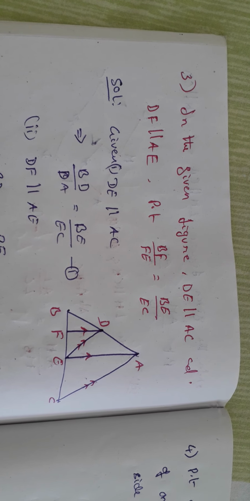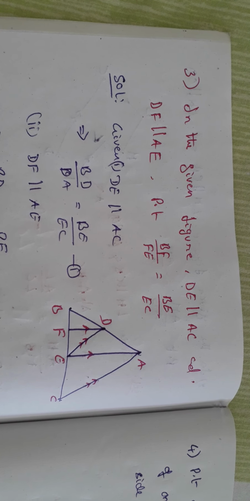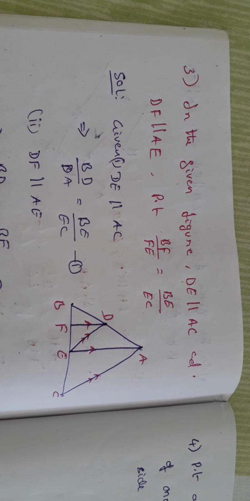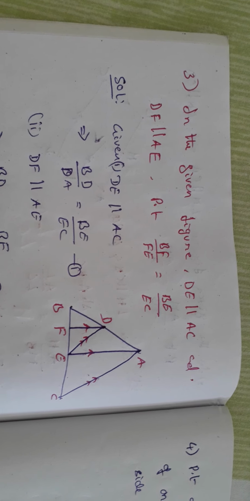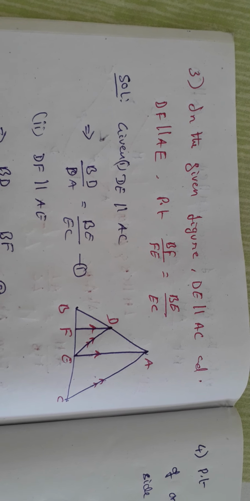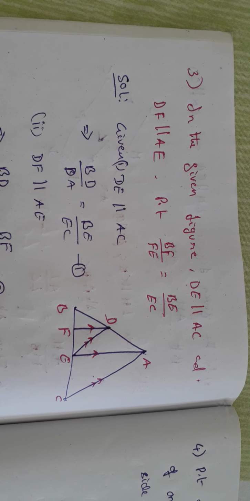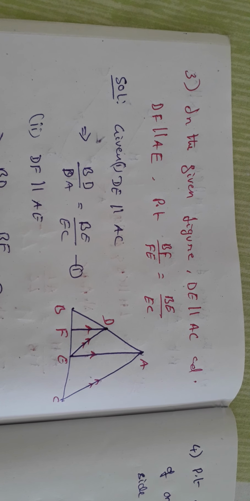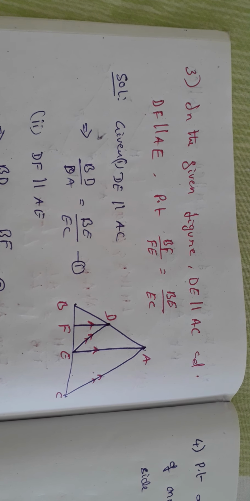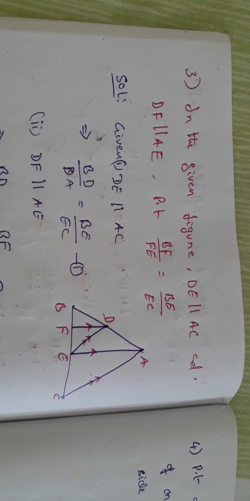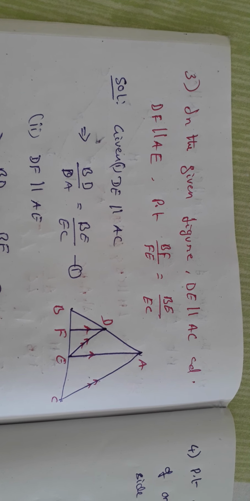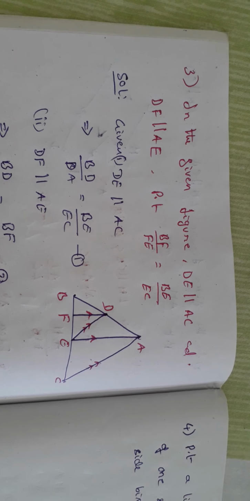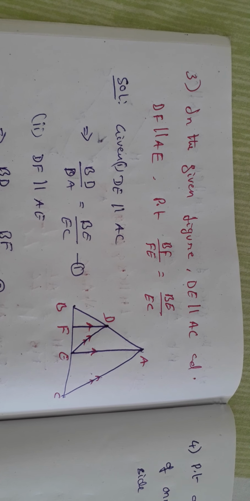In the given figure, DE is parallel to AC. Please look at the figure carefully. It is given already, therefore I have put the arrow marks. If it has to be proved, I will not put the arrow marks there. So that difference, please keep it in your mind. And also DF is parallel to AE. For DF and AE I have given single arrow marks, and for DE and AC double arrow marks, so that it will not confuse you, right? Now prove that BF by FE is equal to BE by EC. So this is what you have to prove.